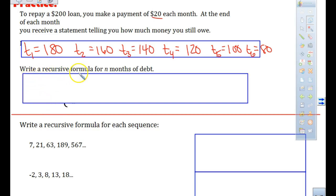If we are looking at this, it says write a recursive formula. So recursive formula means I have t to the 1, and I'm going to put this bracket out in front. Some people kind of freak out when they have to write the bracket. It doesn't have to be perfect. And then t to the n. My first term was 180. How do I get the next term? I take the previous. This means previous. Keep that in mind. I just don't want to write out this word previous, right? T to the n minus 1. And I'm doing what? Subtracting